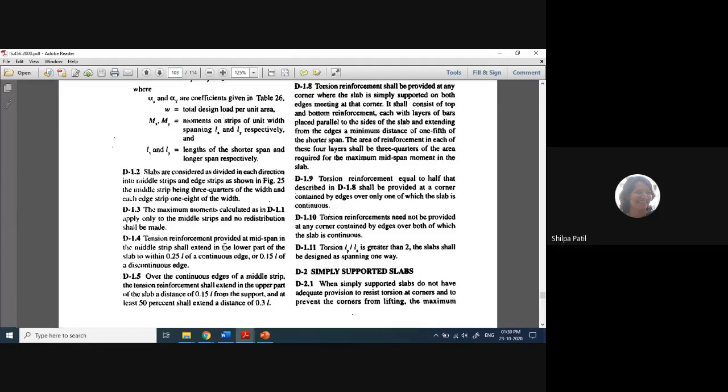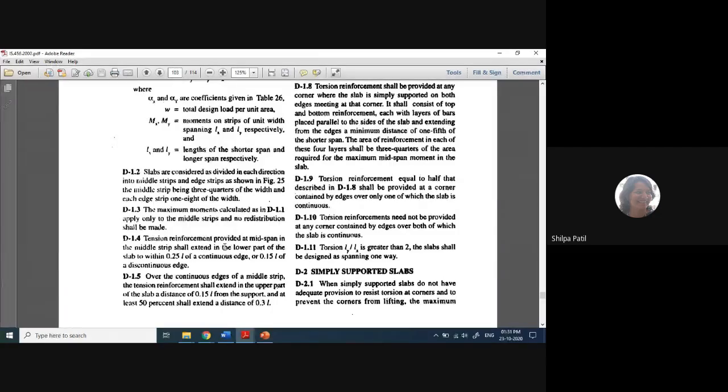At the end of today's lecture, again, I'm going to show you the diagram so that your concept will get clear. So whatever explanation I gave yesterday, all those values are already given in the code itself. So there is no need to mug up those values, okay? These values are given here.